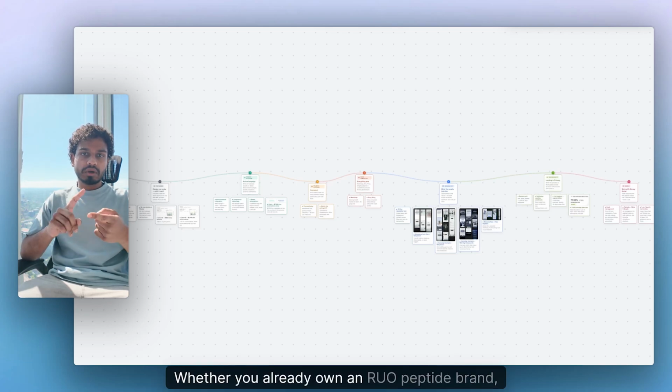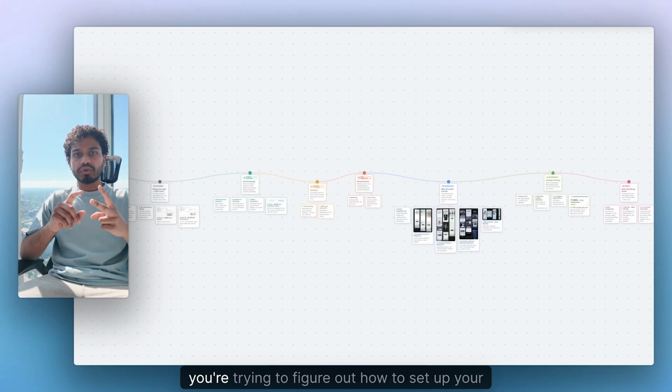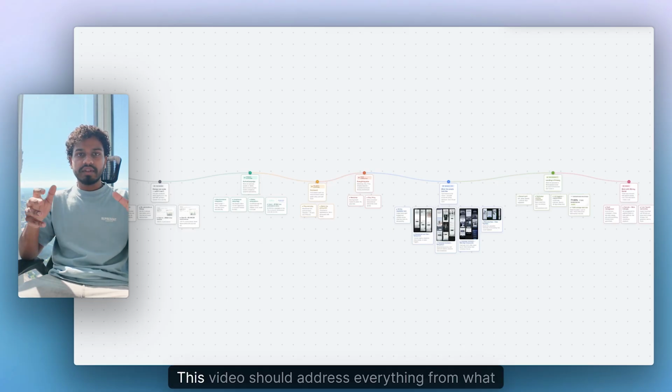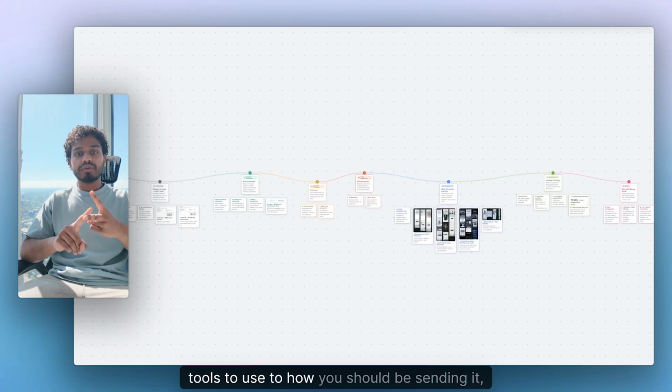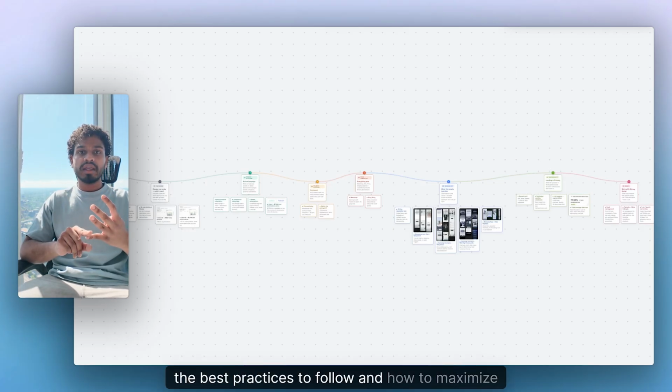Whether you already own a RUO peptide brand running emails, or you're just about to launch your brand and trying to figure out how to set up your emails, this video should address everything, from what tools to use to how you should be sending it, what kind of emails to send, and the best practices to follow,